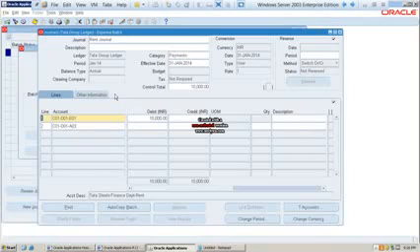Now you see, can we also import journals? Yes, why not? You can also import the journal. If you know interface programming, if you know SQL loader programming, you can import that. It's a job of a technical consultant, not a functional consultant. You need to create a DAT file or a CSV file, and a small script to get the data to the tables. From the interface tables, you import the data to Oracle application. That is the task of a technical consultant.